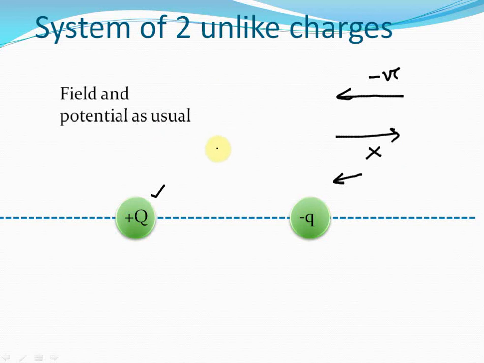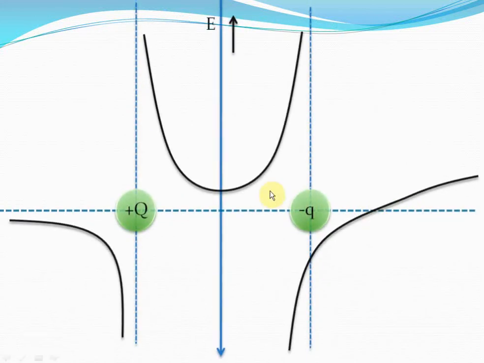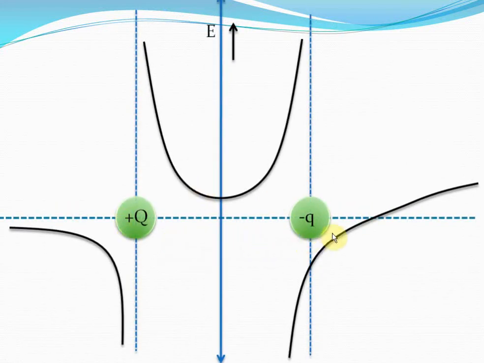So things like that, just apply some logic and you'll be able to find out the electric field here, here, everywhere. Similarly, you can find out the electric potential. So just apply some logic and you'll be able to find the electric field on the axis, on the equator as required. You can similarly find out the electric potential by adding up the electric potentials of plus q and minus q. When we actually sketch a graph for the electric field variation along the axis of the charge plus q and minus q, this is the graph we get.